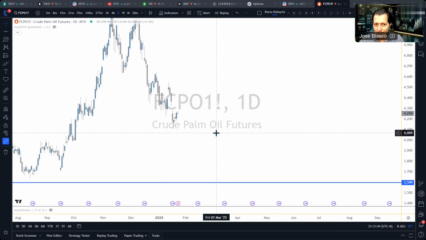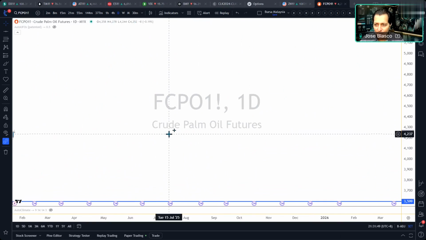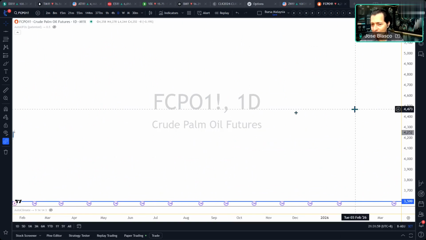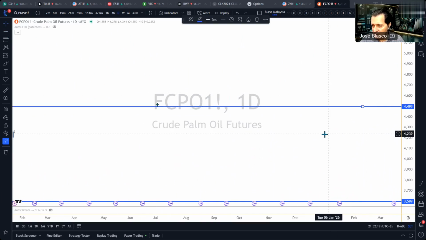Let's do this exercise again, and instead of me doing it, I'll hide the whole thing and you can see the price scale here. It goes all the way to 5,200 more or less, so anywhere between 5,200 and 3,700. What about you type a number, whatever number you say. I'll pick the initial two proposals in the chat box, just so we don't spend too much time and are efficient with the use of time, so I can do more examples. 4,500, okay? So I'm going to have a line at 4,500, more or less there, and 4,000.